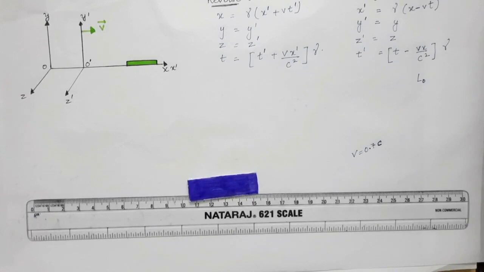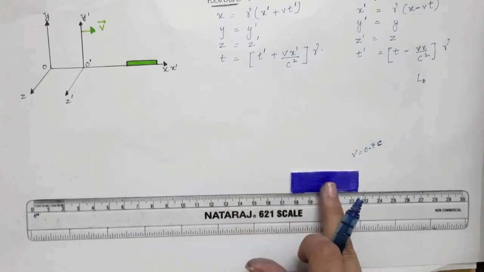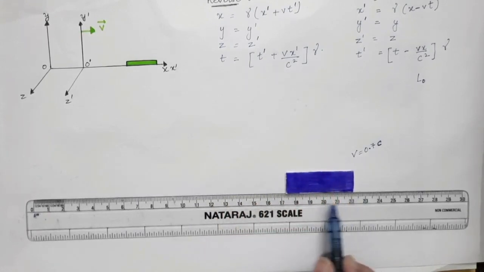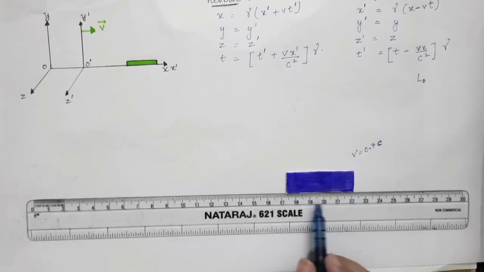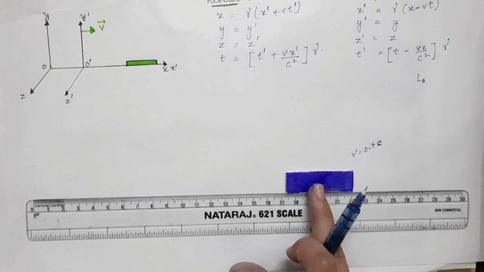As we are saying, when the object is moving, its length gets contracted with respect to u. Now we are going to find by what factor the length gets contracted. The first concept you have to keep in mind is, when this rod, or this patch, is at rest, how do you measure its length?